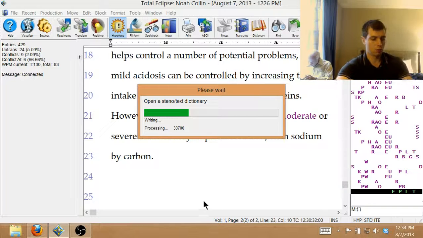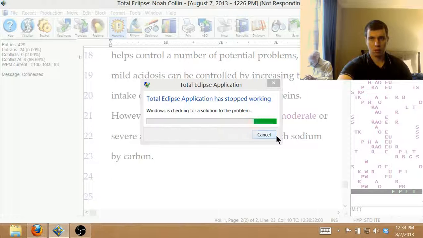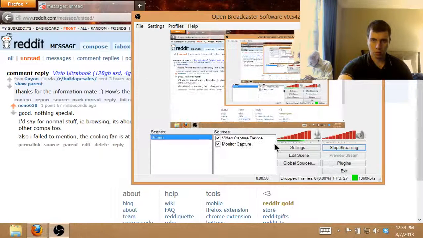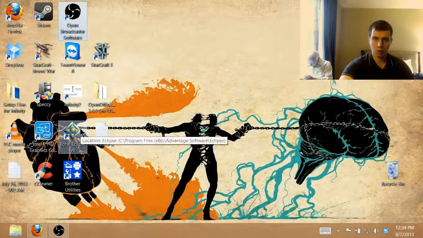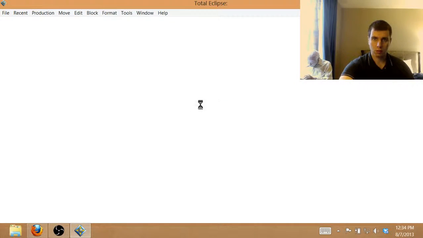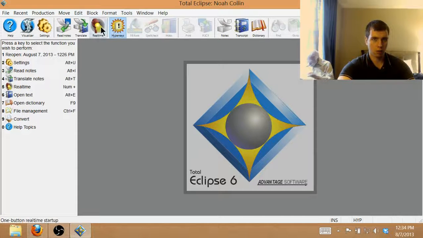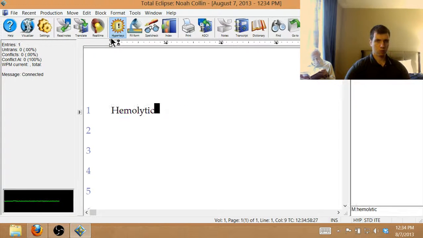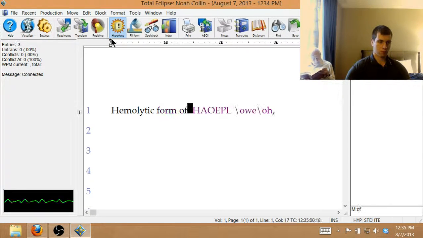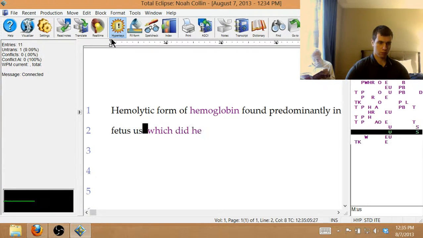Destruction of red blood cells by autoimmune antibodies may occur suddenly or it may develop gradually. In some people, the destruction may stop after a period of time, whereas in other people it persists and becomes chronic. There are two main types of autoimmune hemolytic anemia: warm antibody hemolytic anemia and cold antibody hemolytic anemia. Fetal hemoglobin, a form of hemoglobin found predominantly in fetuses, decreases the number of red blood cells becoming sickle-shaped.